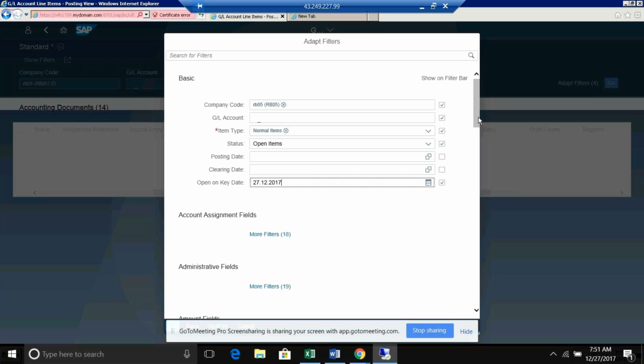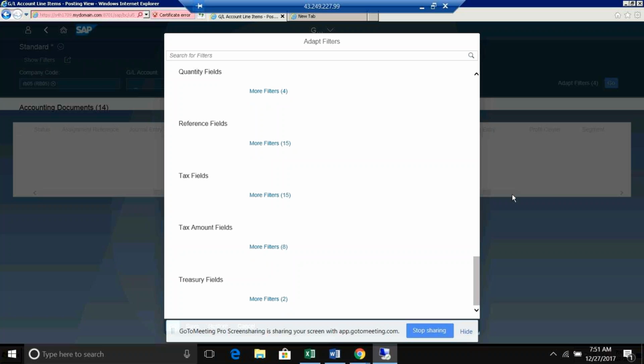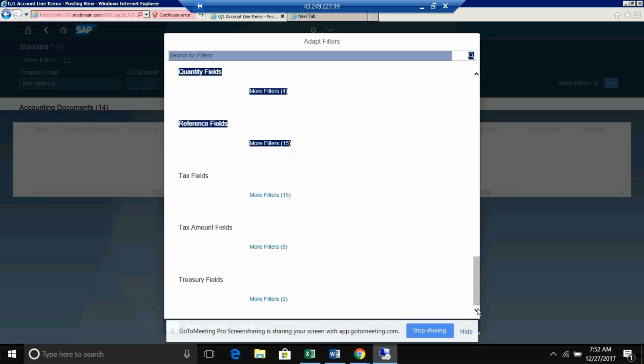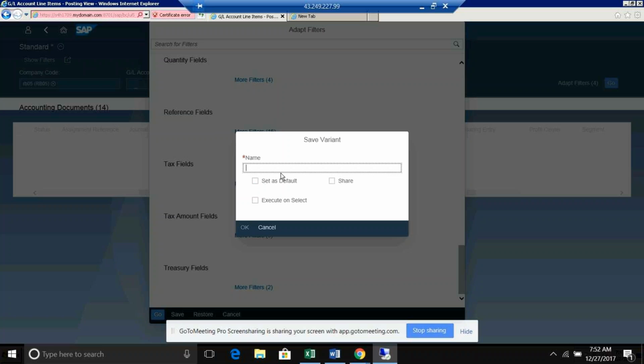More filters not required. You can save the filter here.